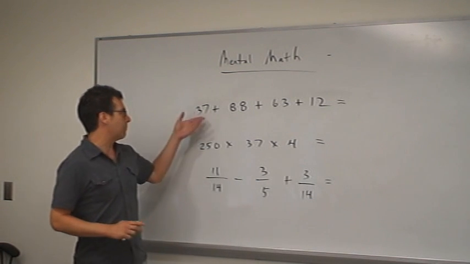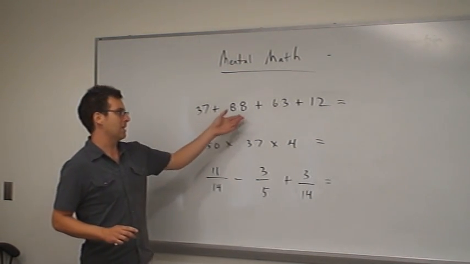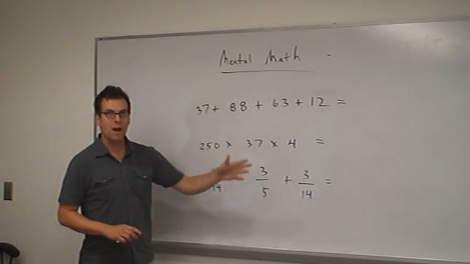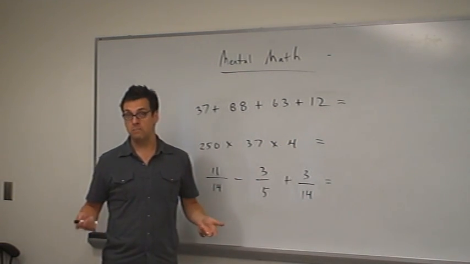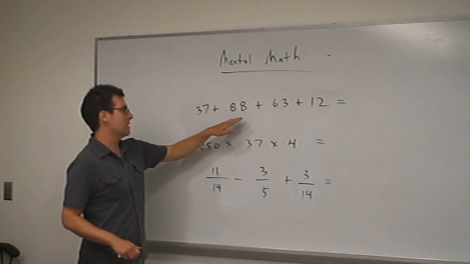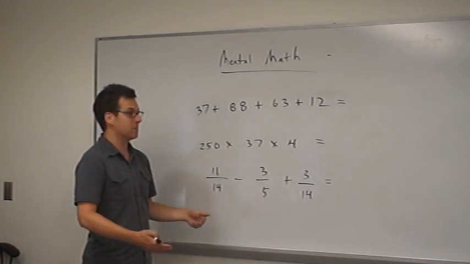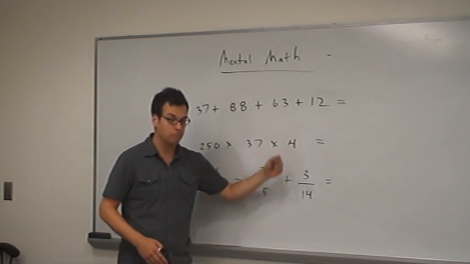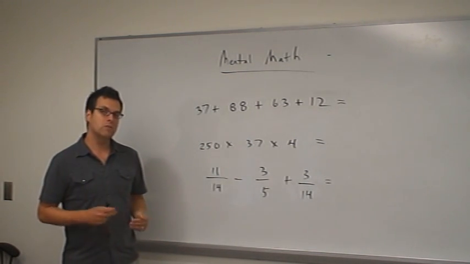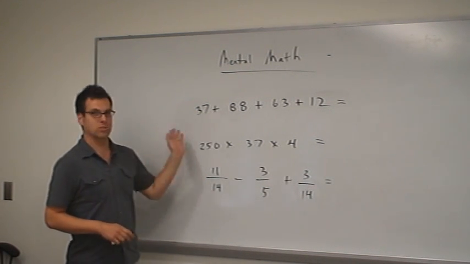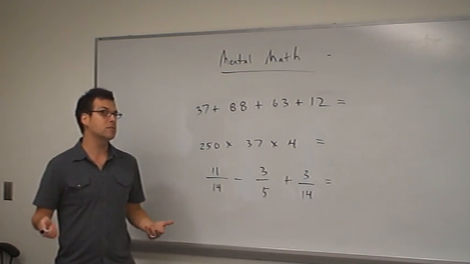So if we had a problem like 37 plus 88 plus 63 plus 12, if we were adding strictly left to right, that might not be the easiest mental problem, simply because we're going to have to regroup in a couple of place values in the first addition, and then depending on what our answer is, we might have to regroup as we go. However, if we use the fact that we can add these numbers in any order we like, we don't have to just go left to right,